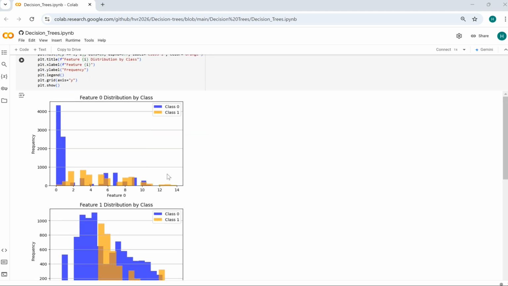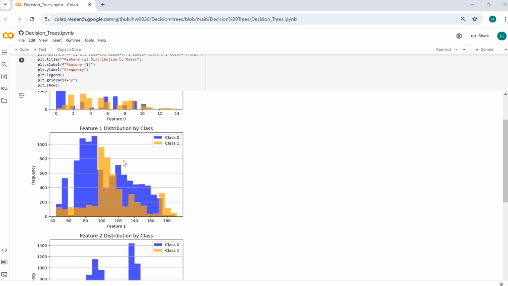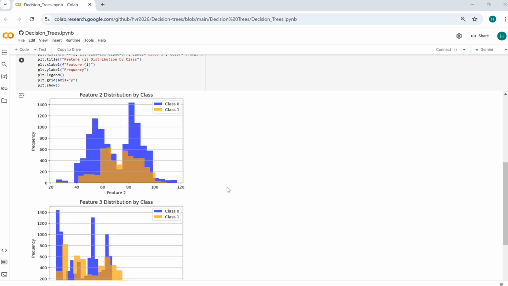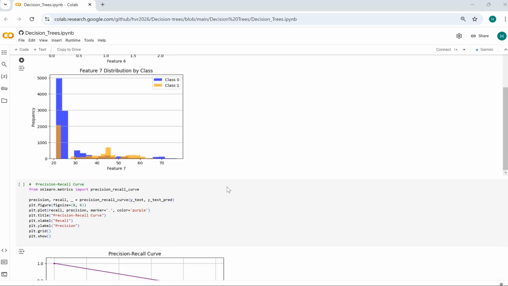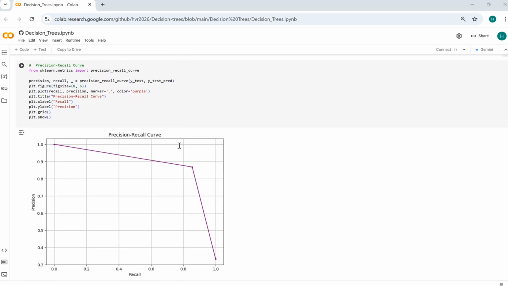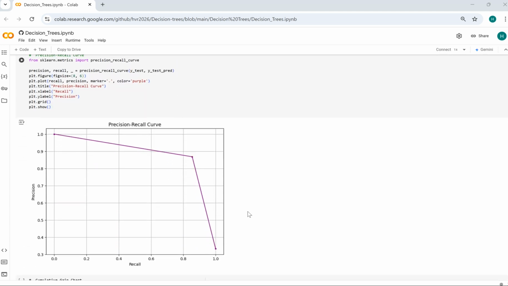is the feature distribution by class. This is class 0's feature distribution, and this is class 1, and this is class 2, and so on, based on various classes. And this is the precision versus recall curve,